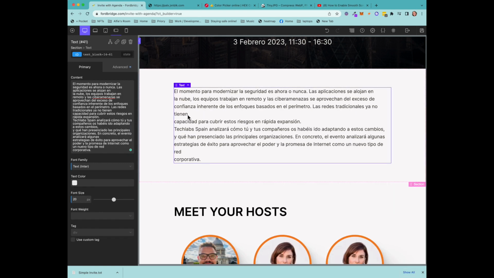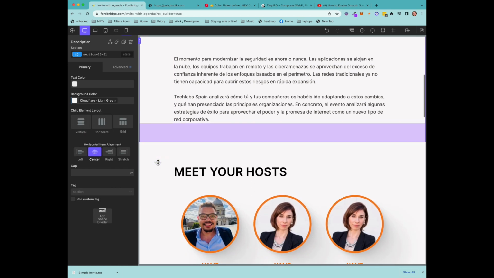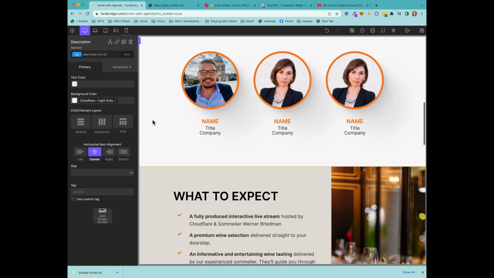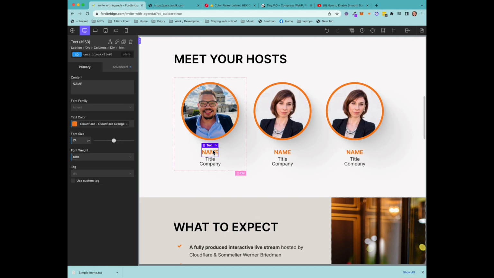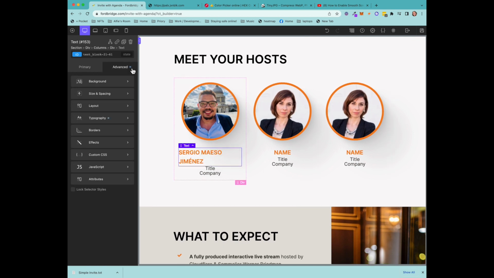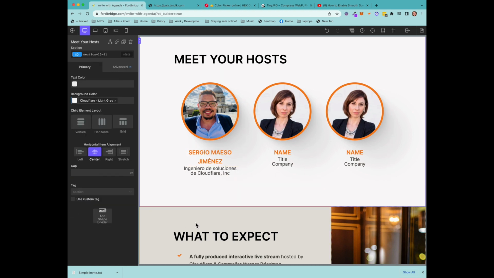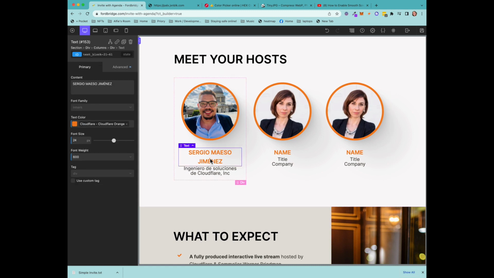So you can see sometimes it comes in with a little bit of formatting you don't really want, or you can find that and just tidy it up a little bit. So that's how you change the text. Again, here with the name, paste in the name, typography and centered. And again, depending on how much information you've got to go in there, you might want to